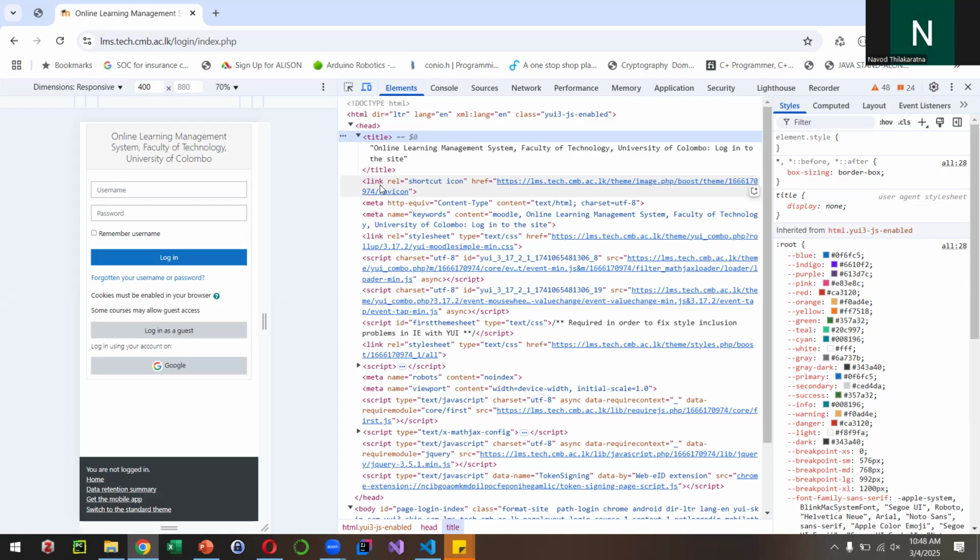Meta name keywords, and the content: Moodle online management system faculty of technology. So meta name keywords, that means, let's say, whenever some particular user,